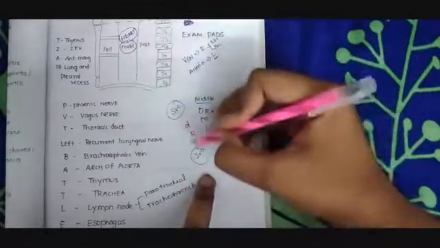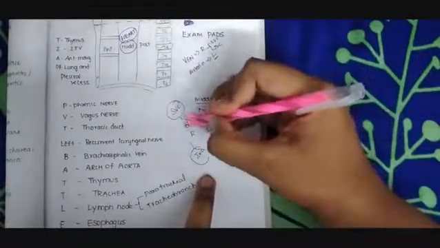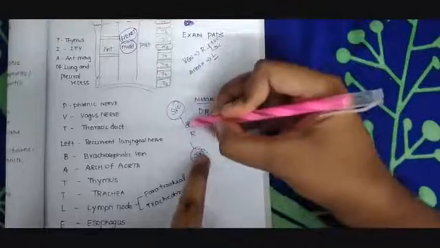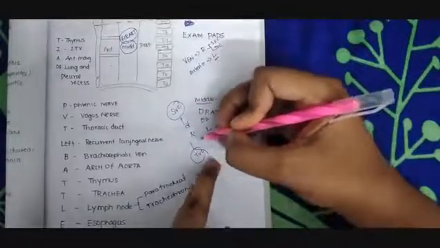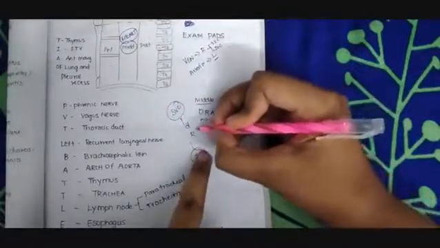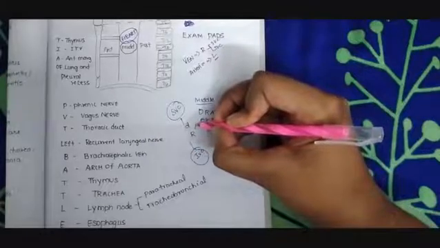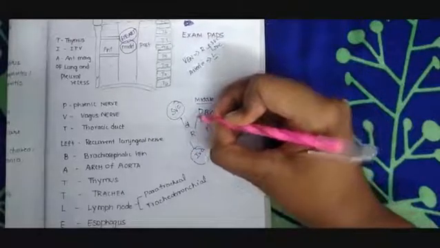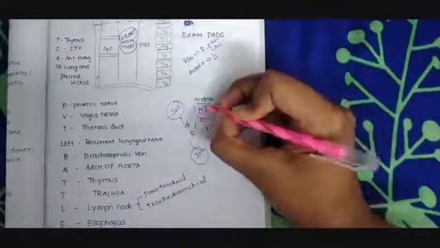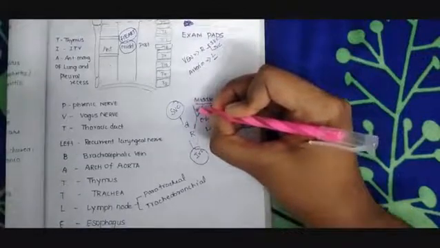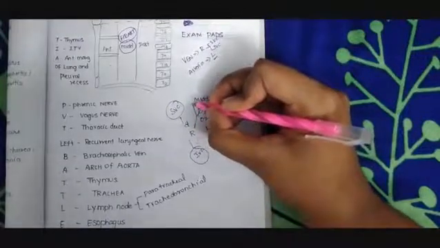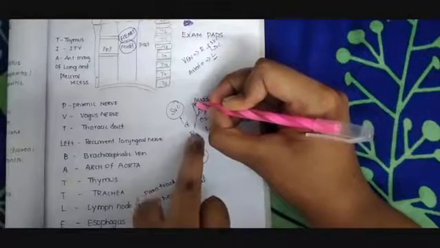So from the superior and inferior vena cava, the blood goes to the right atrium, from the right atrium to the right ventricle. And from the right ventricle, there arises the pulmonary trunk. In that pulmonary trunk, we have the pulmonary artery and the pulmonary vein. And this pulmonary artery is the one which is going to take this venous blood from the right ventricle to